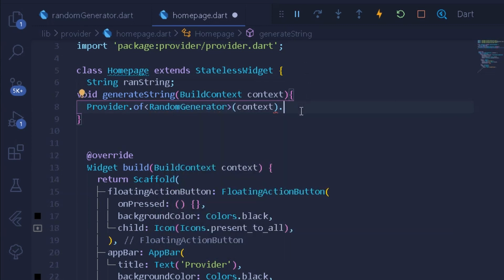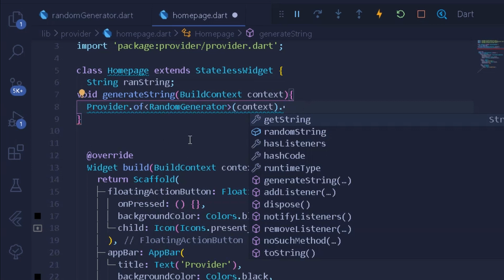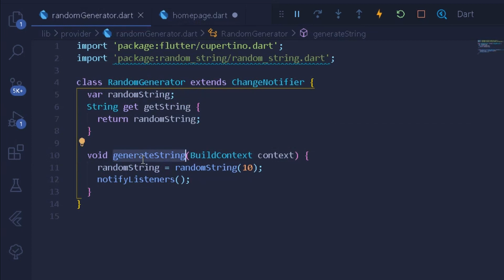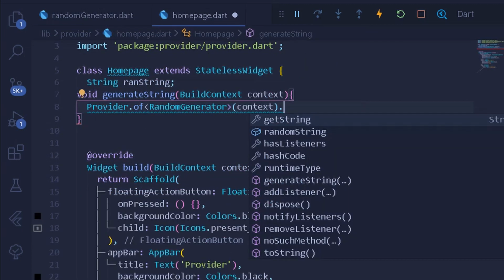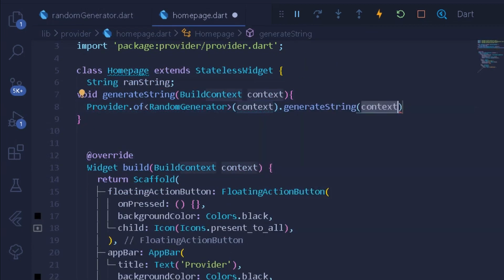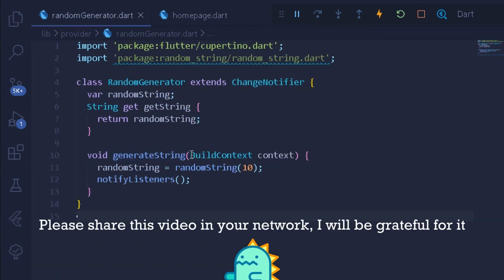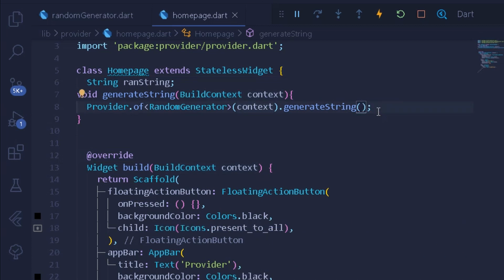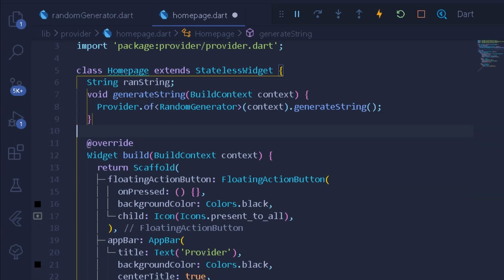Now after this context, I can simply grab all of our methods which are under this provider class of random generator. So here we have this method of generate string, and after this context, here we can see we have this value here which is generate string itself. Alrighty, but we can also do one thing, that is move under this method. It's okay without build context as well. So here we can simply remove this from it as well. Alright, so here we have completed our shell method for generating string under our home page. So we have completed everything that is necessary for generating a random string.